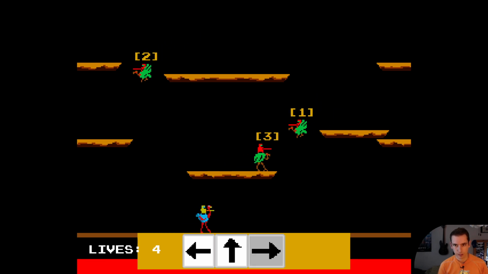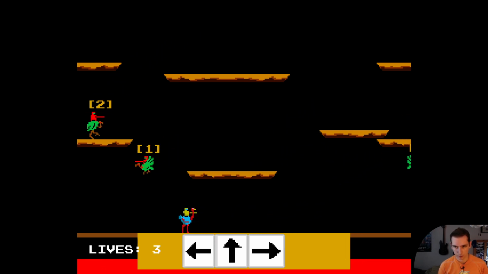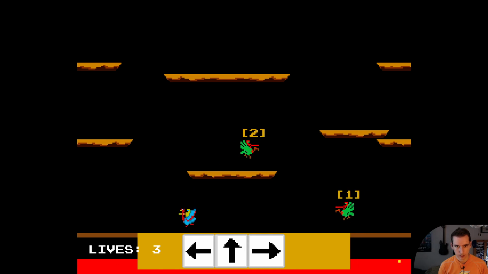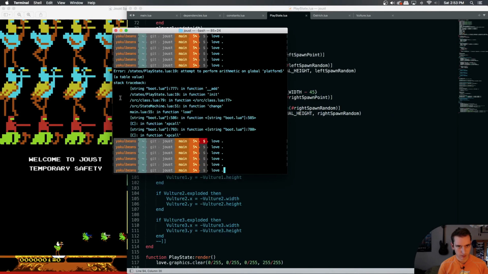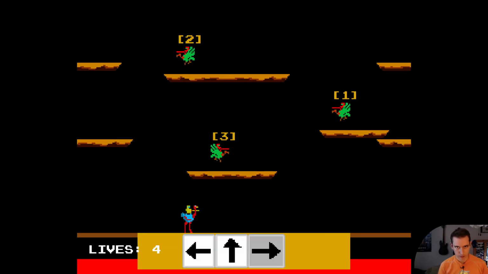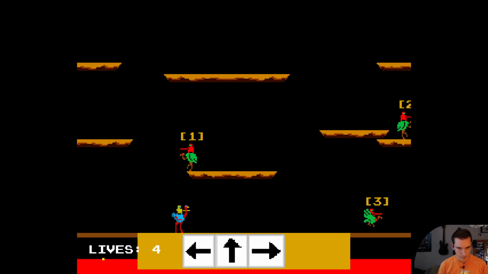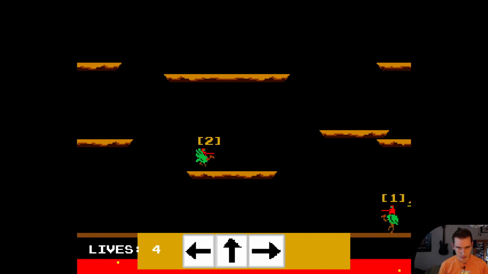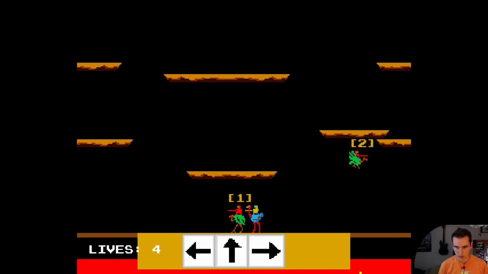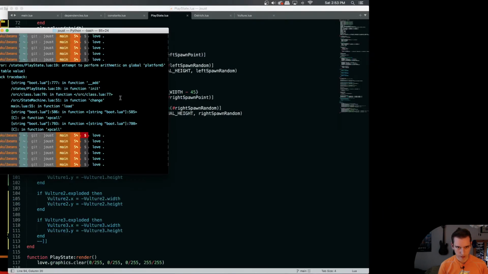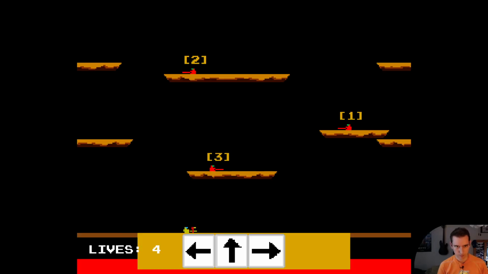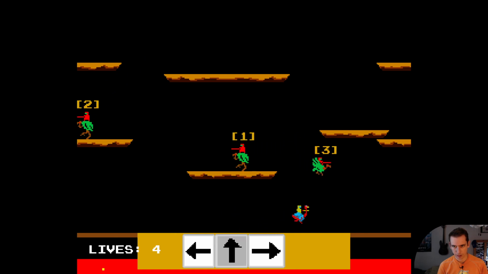So now if we kill 3, 3 gets removed and doesn't get drawn. Why did 2 die there? 2 should not have died there. If I kill 1, I don't know why 2 died. That might have been a freak of nature bug, but